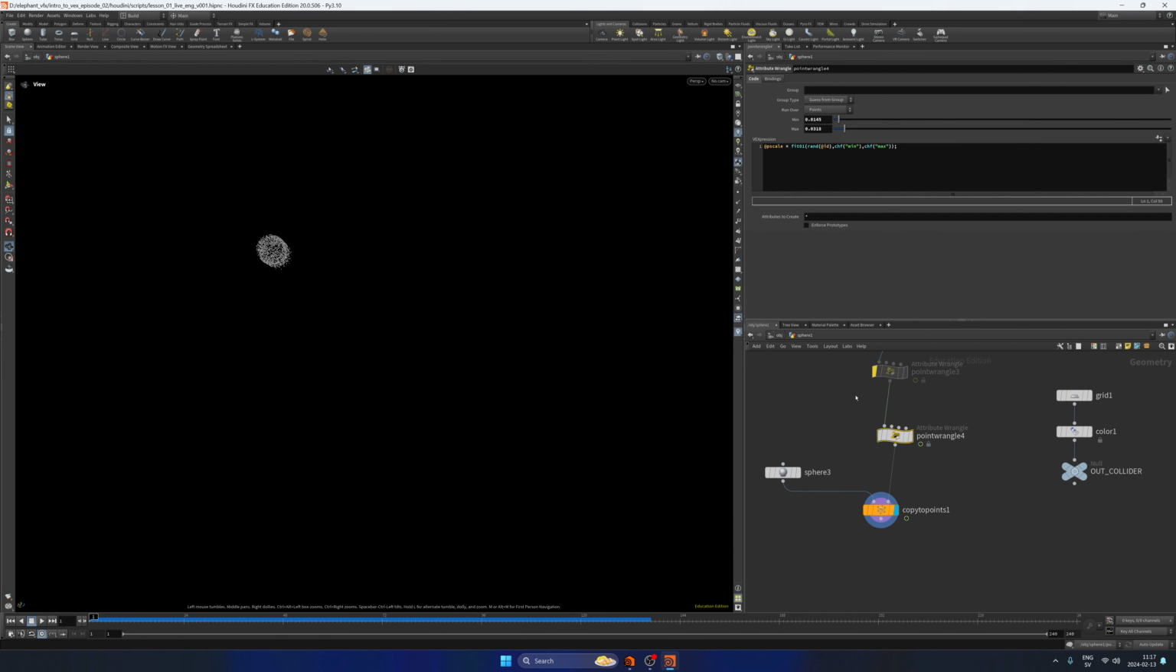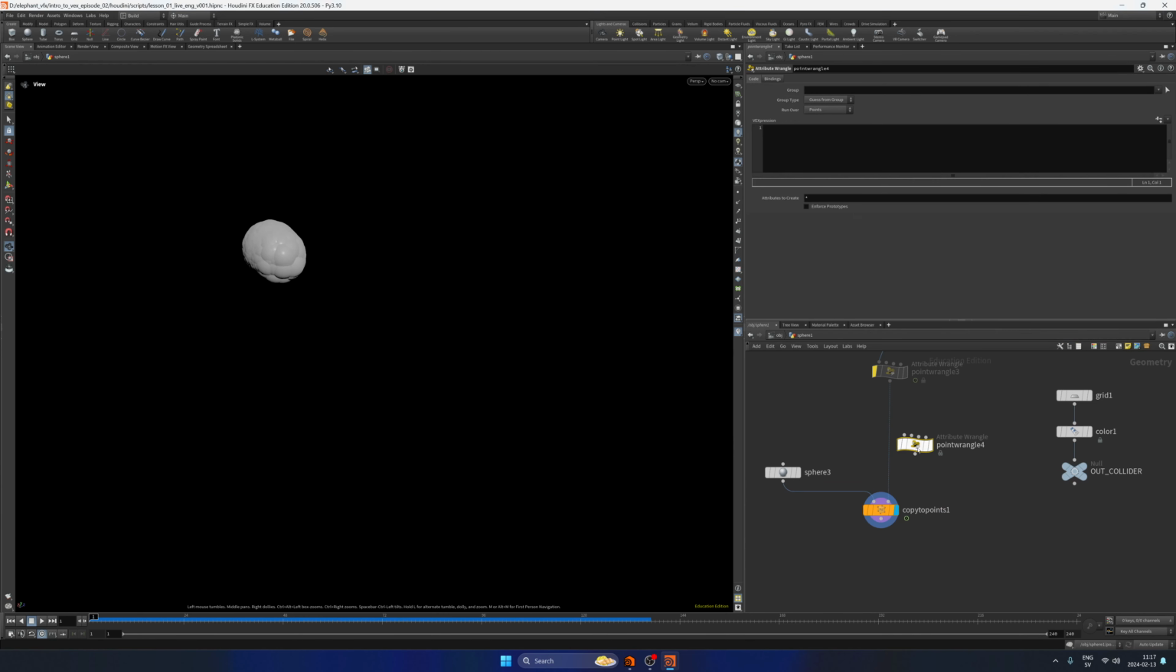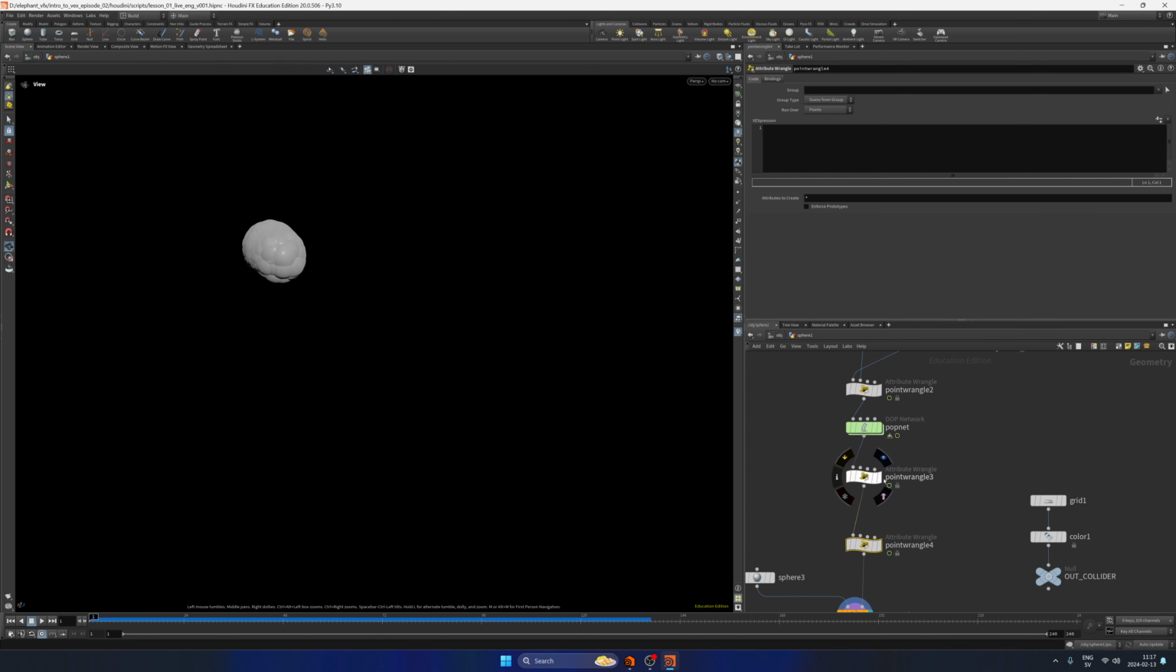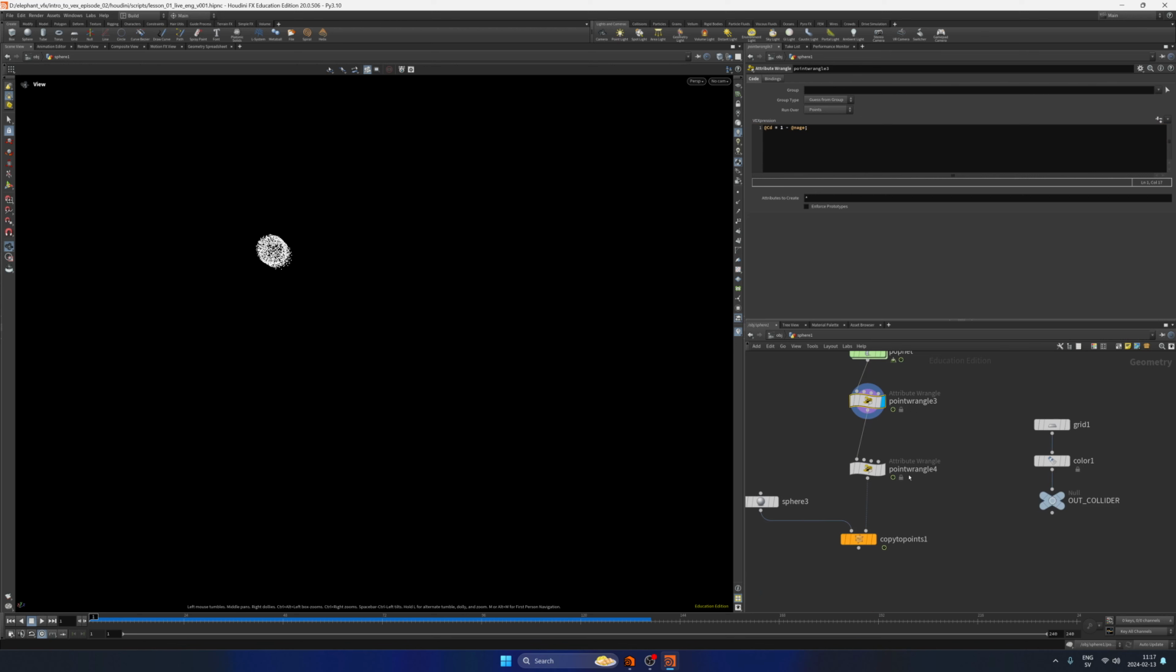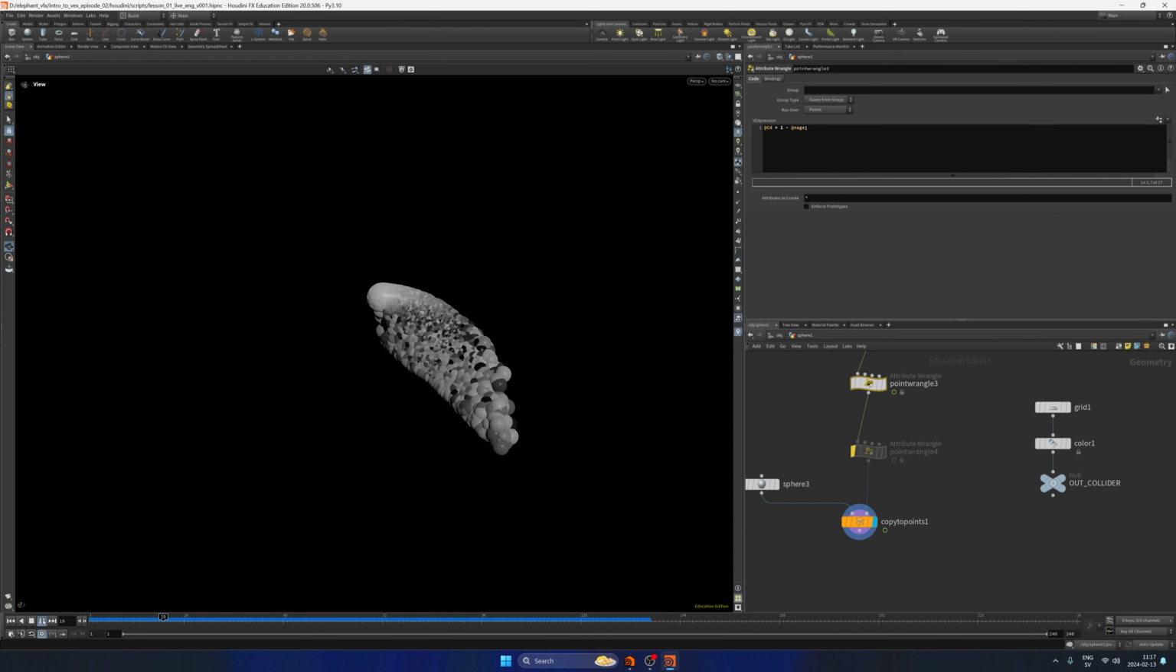Instead of this, I'm gonna get rid of that one and create another point Wrangler, because what I want to do is, remember this H thing? Let's use that one, right? So I'm gonna enable that one again. So now we can see how particles become